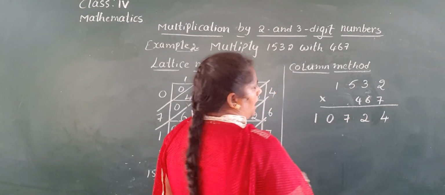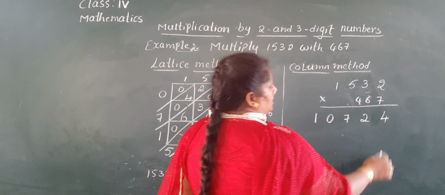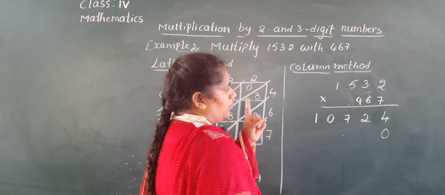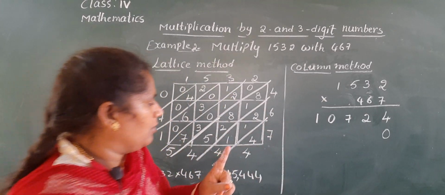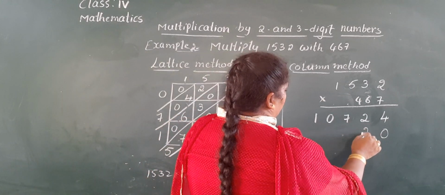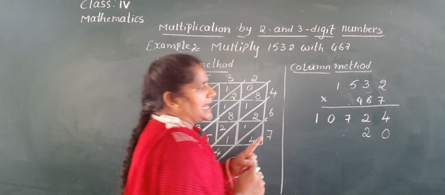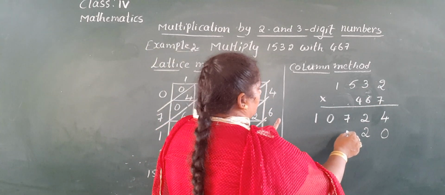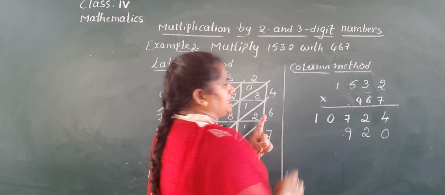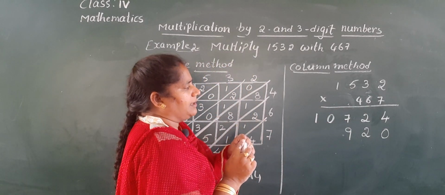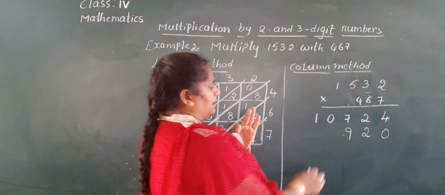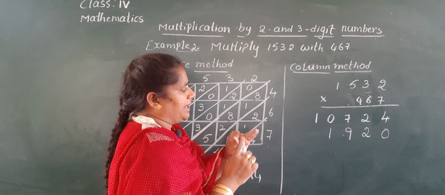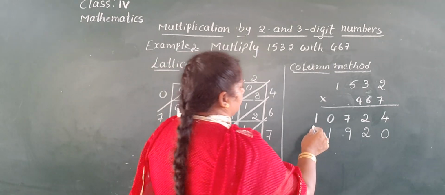Okay, finished. Now we start from the tens place. So we'll keep 0 in the ones place. 6 2s are 12. 1 in hand, 2 is down. Write 2 under the tens. 6 3s are 18 plus 1, 19. 1 in hand, 9 is down. 6 5s are 30 plus 1, 31. 3 in hand, 1 is down. Now 6 1s are 6, 7, 8, 9.